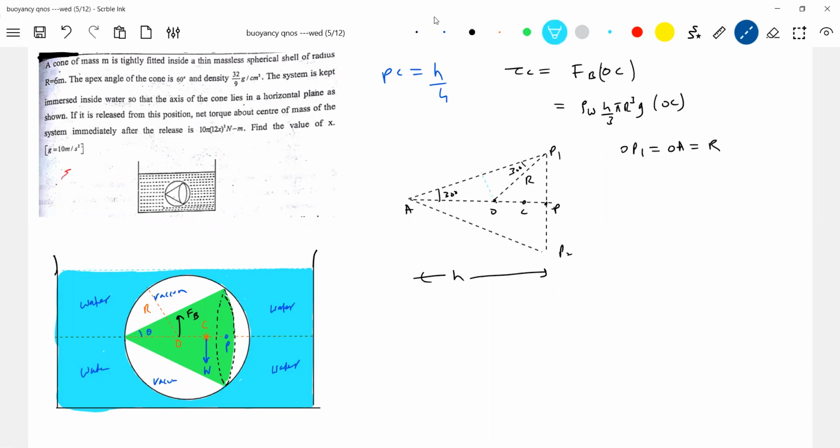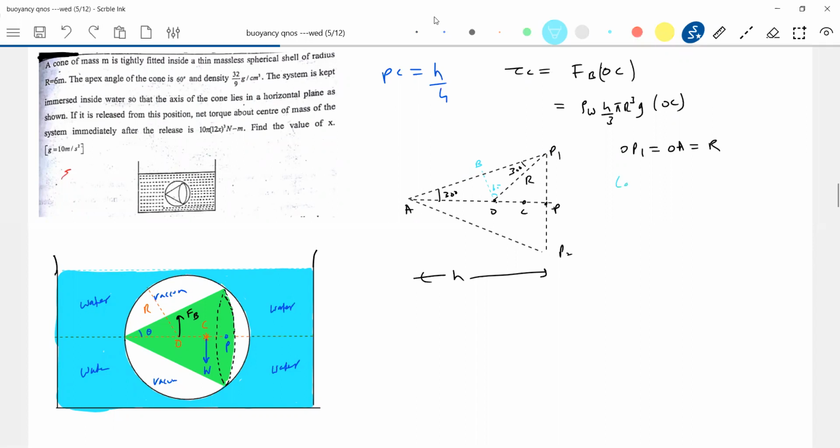Pure geometry, nothing else. So this angle should be 60. Anybody, the value of AB? Cos 30 should be equal to